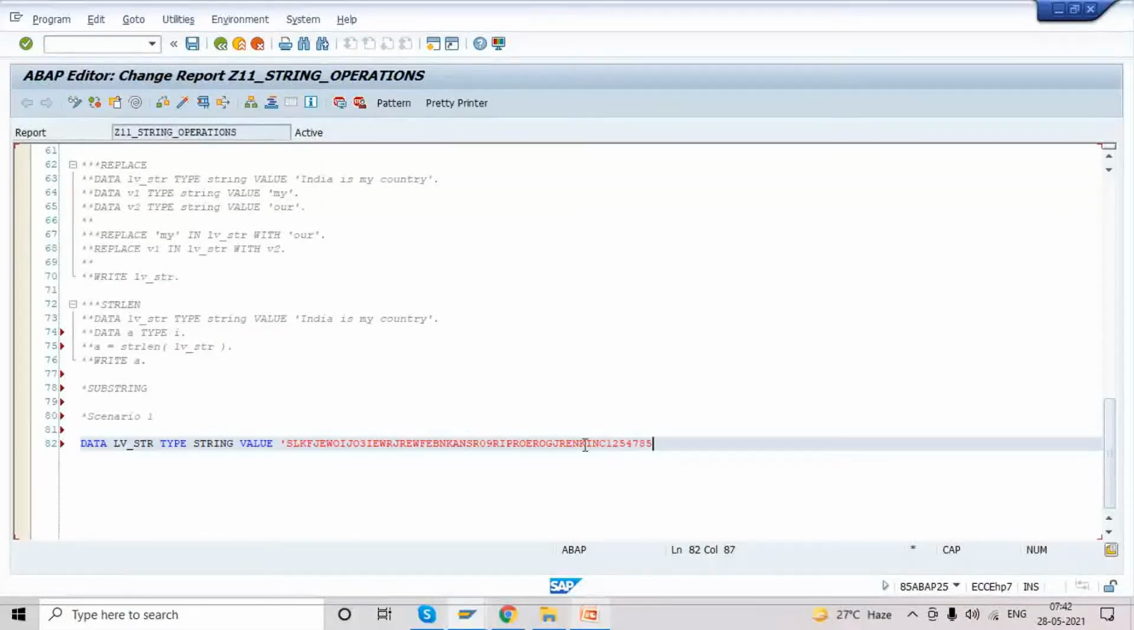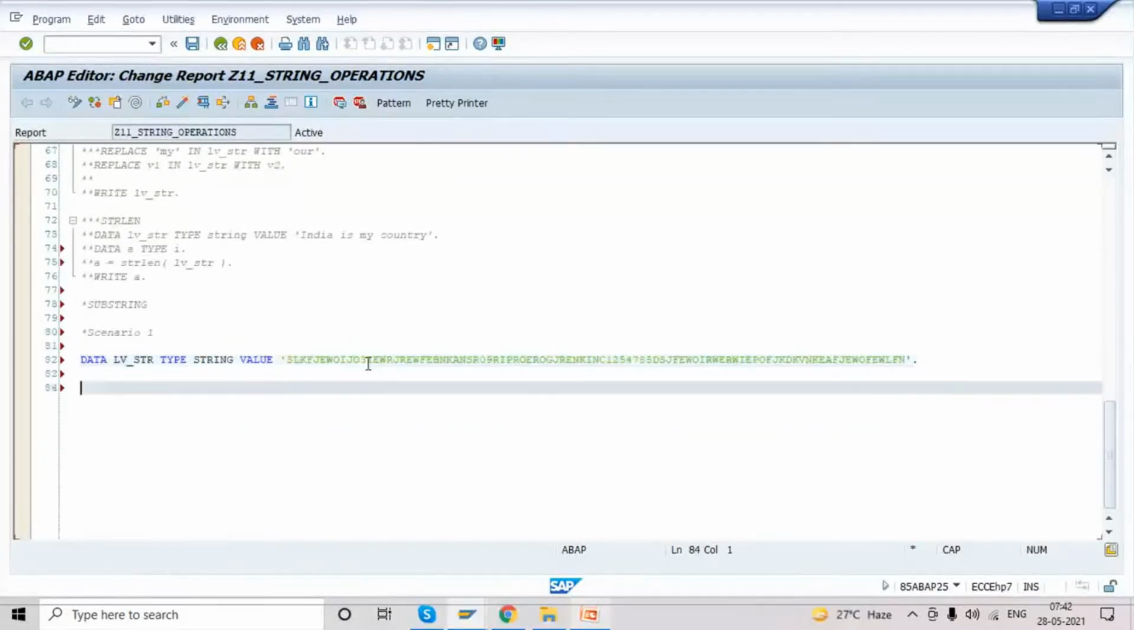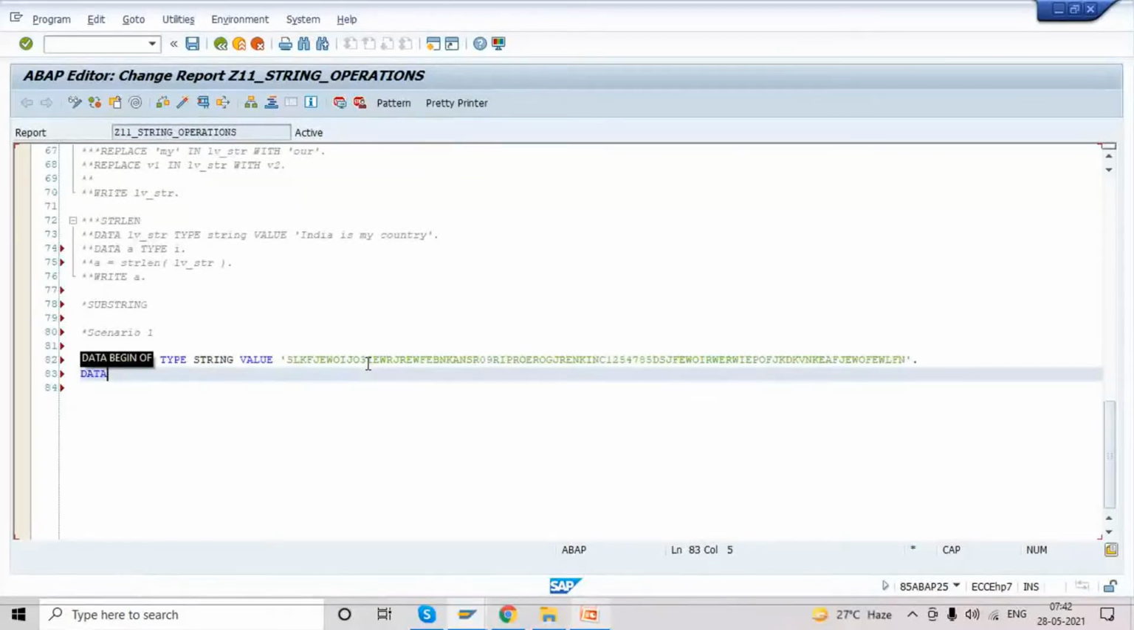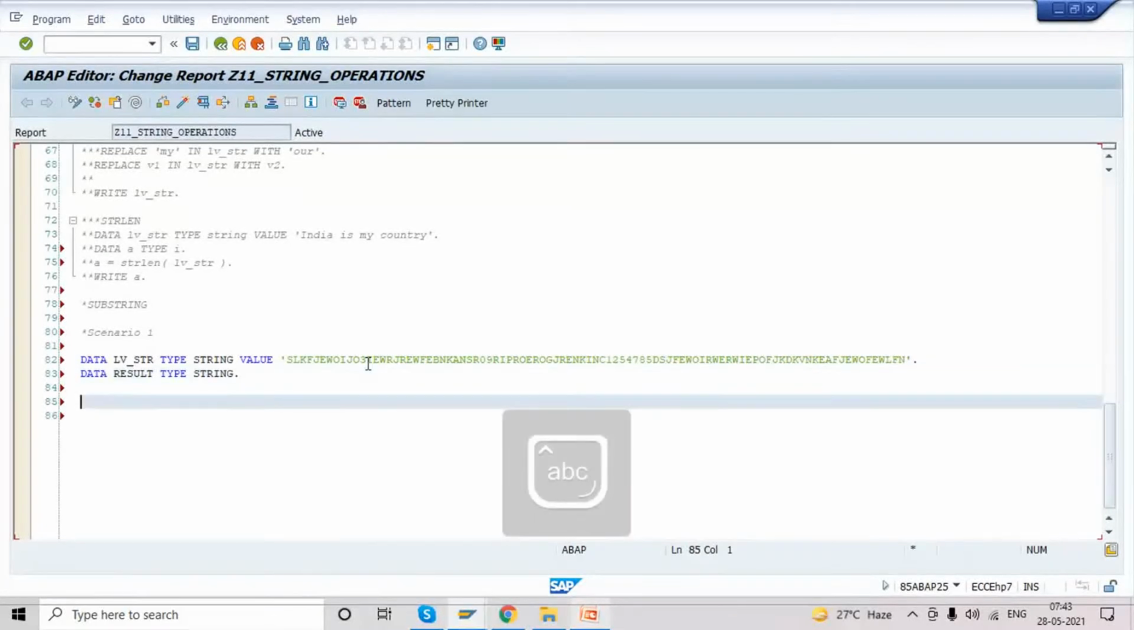So incident 125478. So this is the incident. Based on this, I'll explain some dummy value also. This is a big string which we are handling, and based on this I'll explain all the strings. We have one more data type which we are using to store the substring value, the type string. Scenario one is